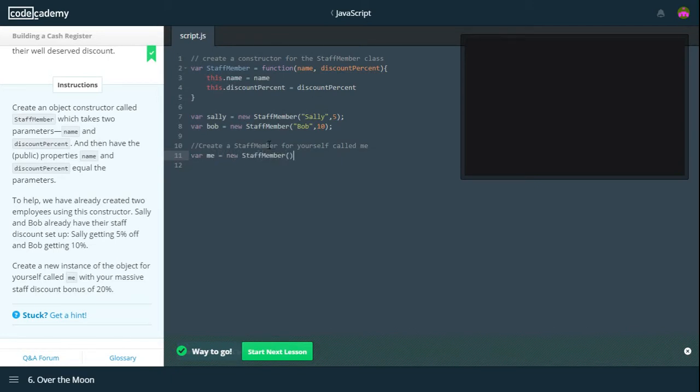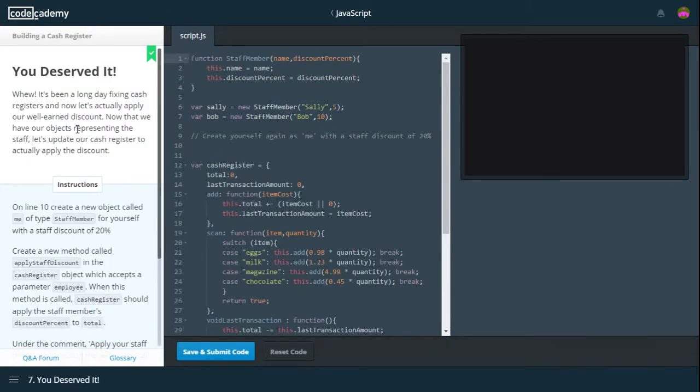I know that in the next task we will need to make ourselves again anyway, but whatever, doesn't matter, I can just copy this line anyway. And our discount percent is 20 because we did such a good job with the program. Let's move on. Then, it's been a long day fixing the cash register, and now let's actually apply our well-earned